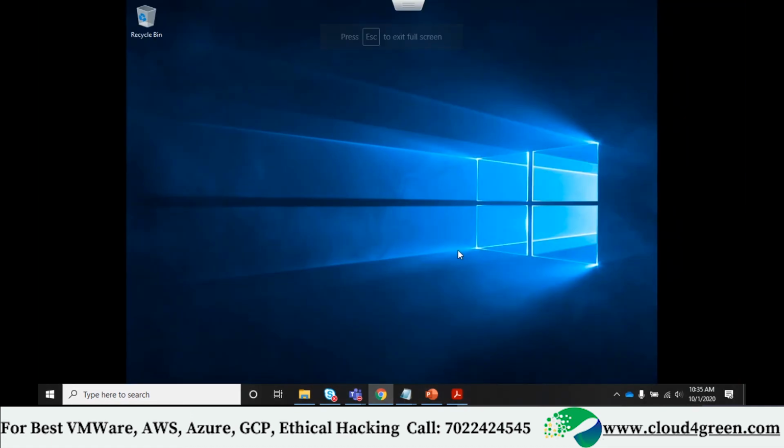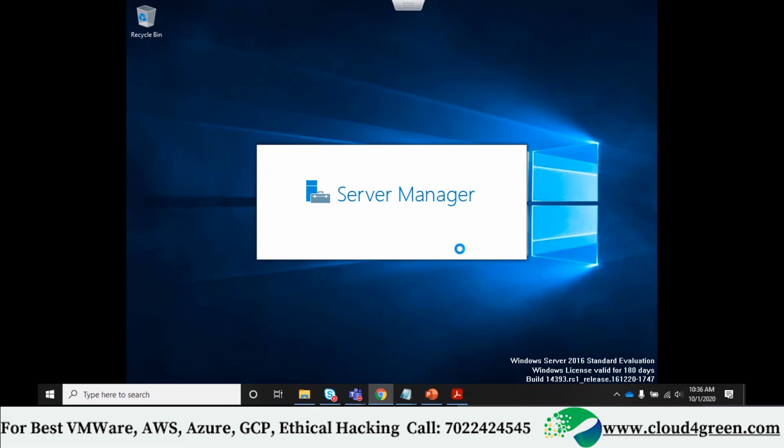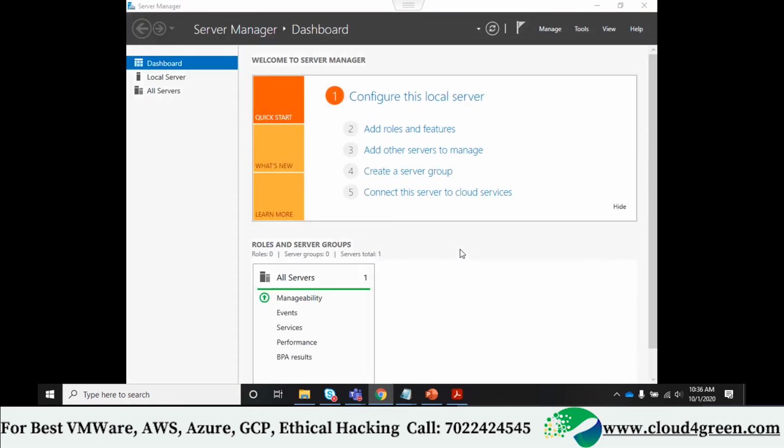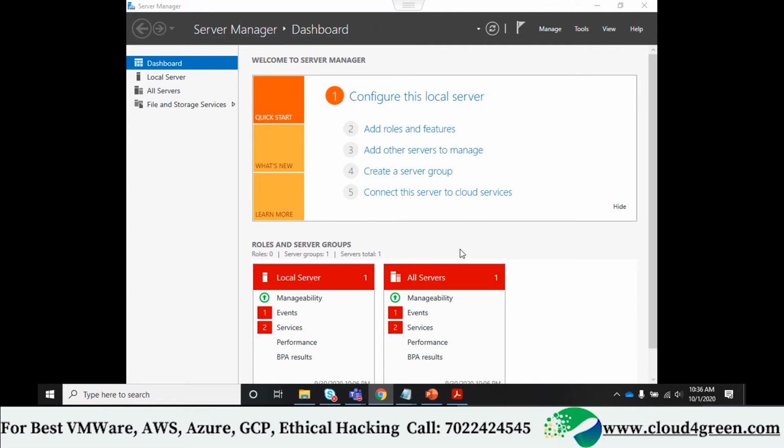How to add a machine to a domain. Previous question is how to enable domain controller services in Windows Server machine. This one is how to add this machine to that machine. So this is vCenter machine. Already we have a domain controller machine called craft.com. We should add this machine to whom? Craft.com. The previous machine, DC machine, gave us craft.com. vCenter machine gave us client machine. Client should be added to server now.